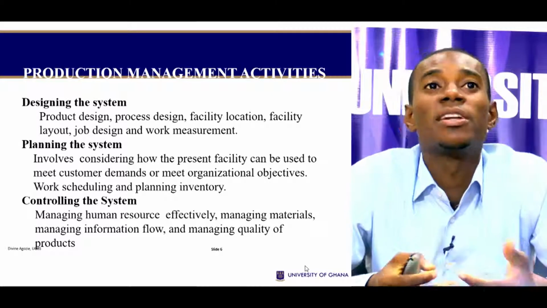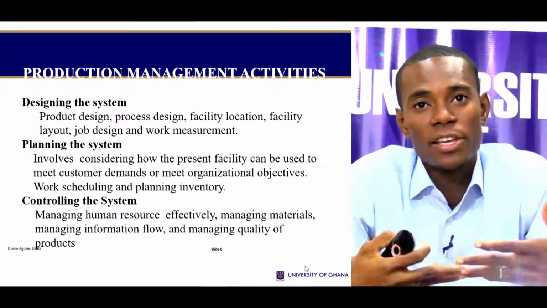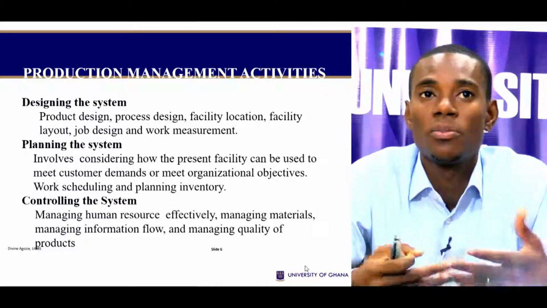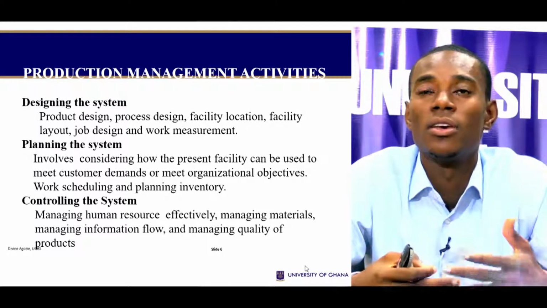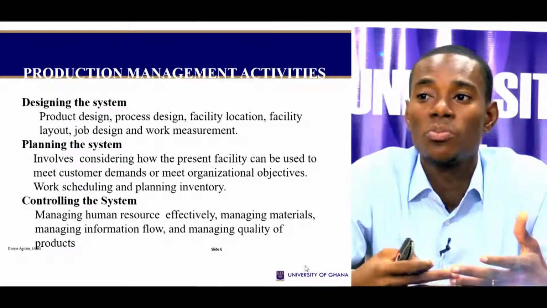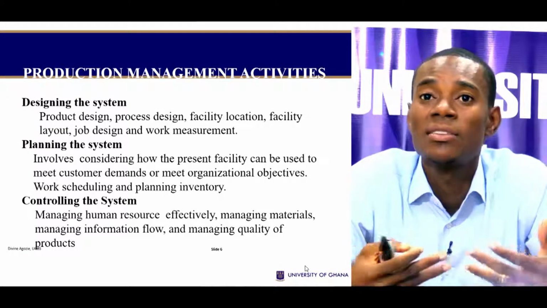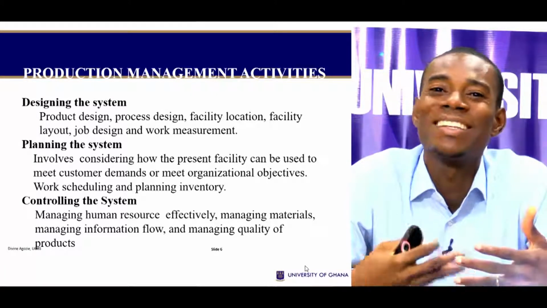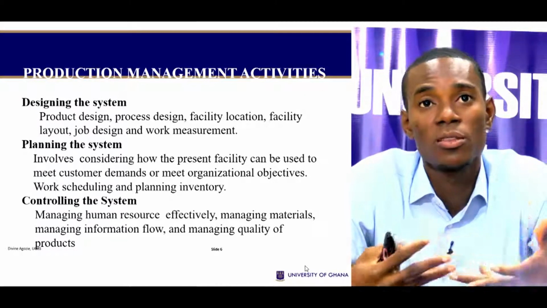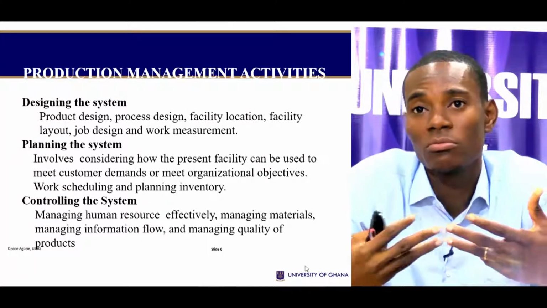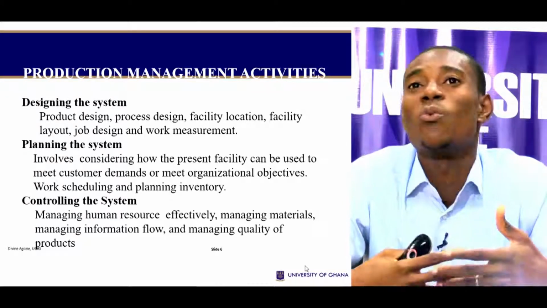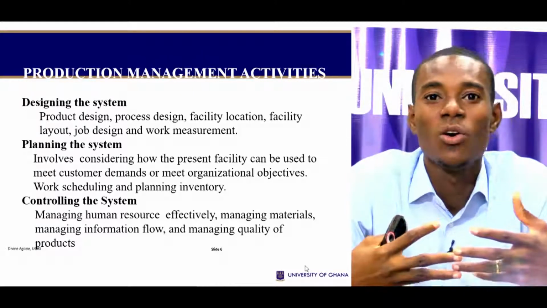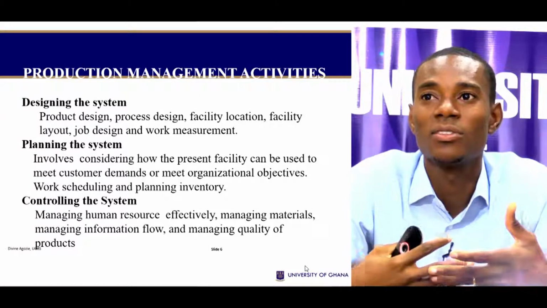Now, so under production management, we're just going to fit in production under the principles of management. So we will look at designing the system, the product design, the process design, facility location. If I want a certain product, how do I want the product to look like? What should be the size, the weight, the height? All these will come under the product design. Now, process design, how do I intend to go about coming out with this product or making the product? So what are the processes? How do we connect them one way or the other? Where do I locate my facility? Where should I site my factory? After siting my factory, how do I arrange my equipment so that there is efficiency?